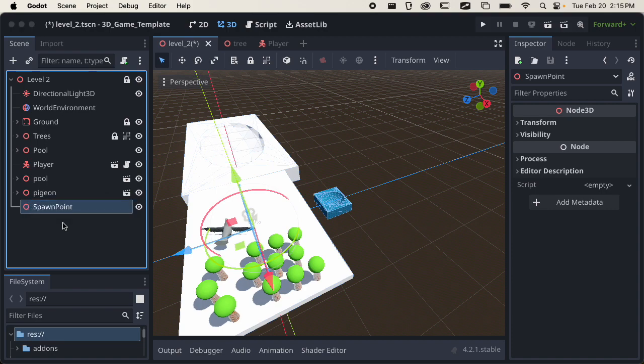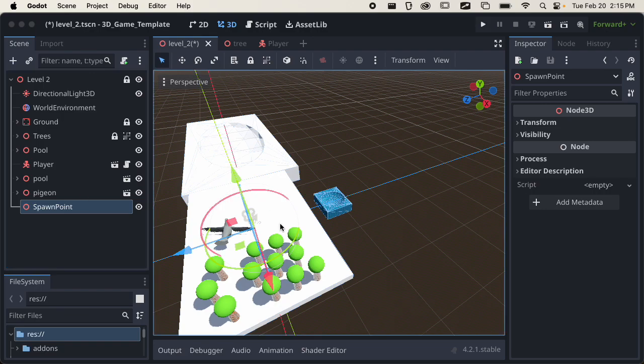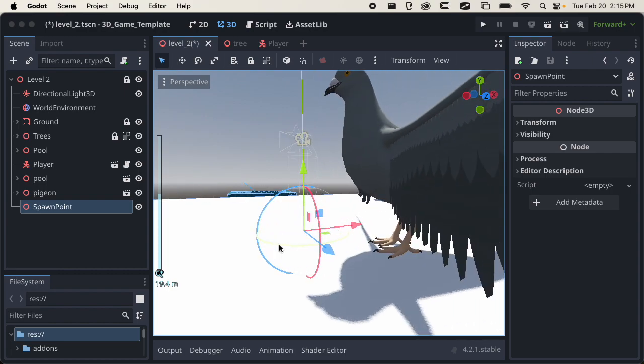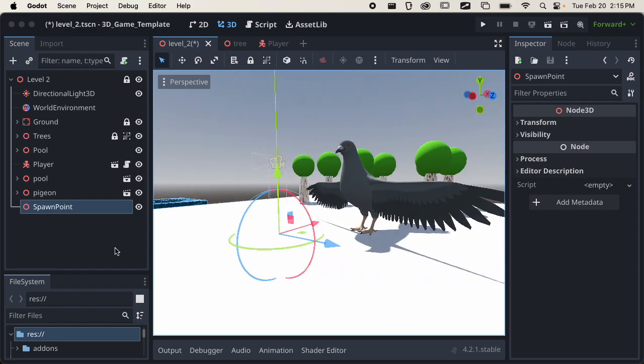And you might have multiple spawn points for different things that you want to add into your scene, but for now I just want one spawn point for the player. I could name it player spawn point. Or really, if I want to be really specific, it's the respawn point. It's where we want to respawn if we fall off the